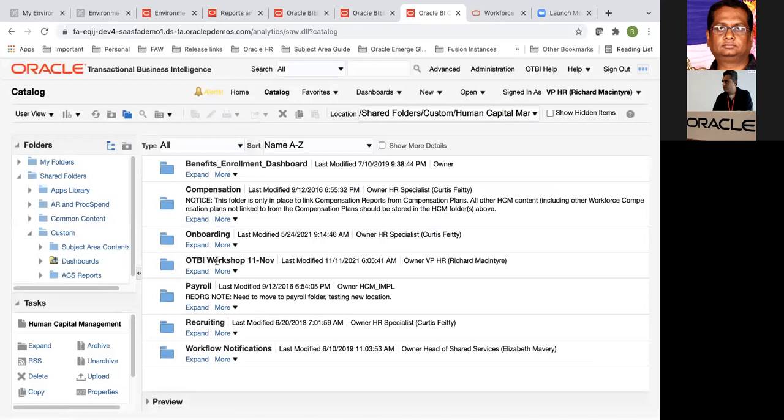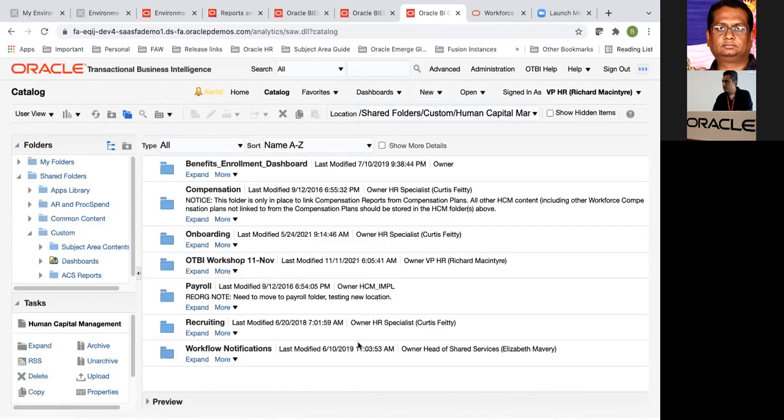Yeah, absolutely, Raghu. This is how you share the catalog. Sometimes it so happens that you don't want to give access to anybody other than yourself, or maybe you are part of the report building team, and you are testing it out by building, and you want some of your business users to test it out in their environment. For example, you are doing all the work in a test pod, but your business users want to test it on the production pod. What you do is you could archive and email them, or archive and send it to them, which they can unarchive and run.